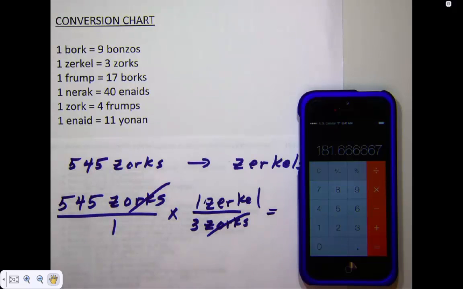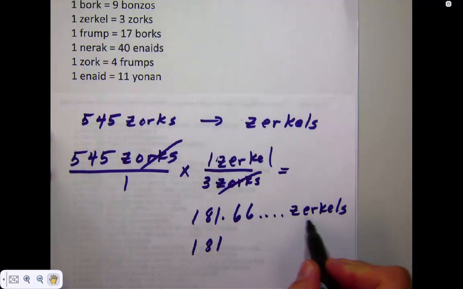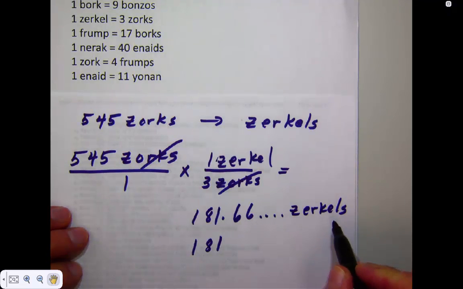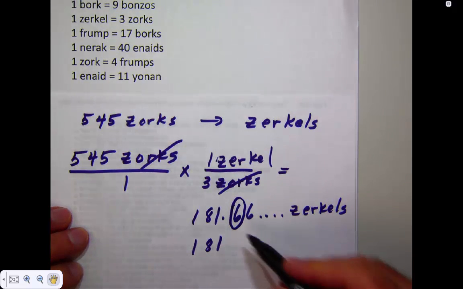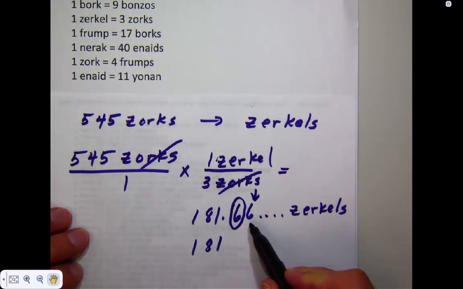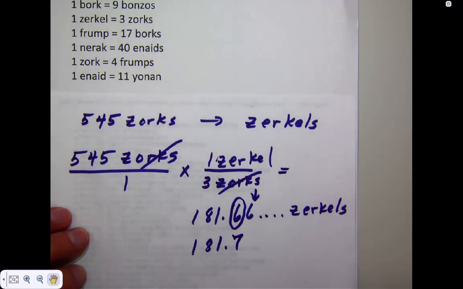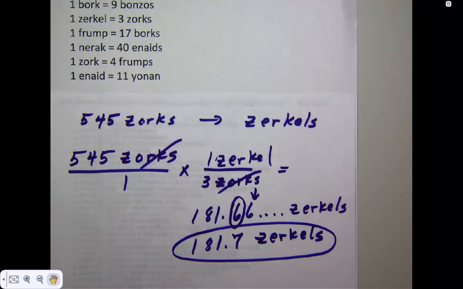So let's take a second and write that down. And so we will have 181.66666 repeating in Zirkles. Notice then that our instructions will always be to round these to the nearest tenth. So we're interested in the tenths place, and the way, of course, that we will evaluate that is to look at the next digit, the hundredths place digit, and if that is 5 or more, we will round up. We will add 1 in the tenths place. So we will round this at 181.7, and of course then our answer is in Zirkles. And so what we've done is made our first units conversion in non-standard units.